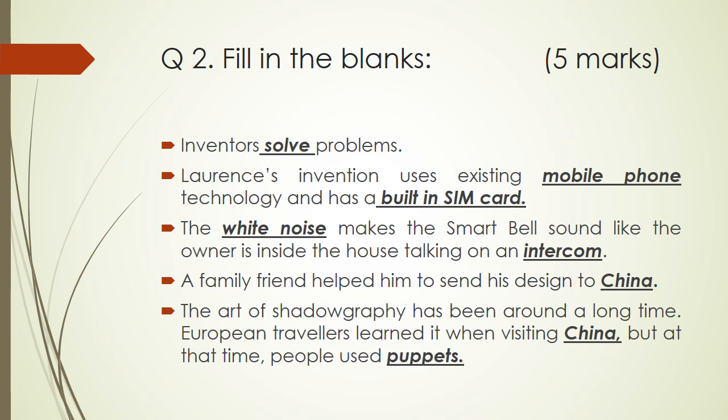Next, we have fill in the blanks for 5 marks. Now, even in blanks, I can ask directly from the passage, like who invented the better way for light bulbs? Like, you know, the answer is Thomas Alva Edison. So that way, just go through the chapter once again and this revision video.